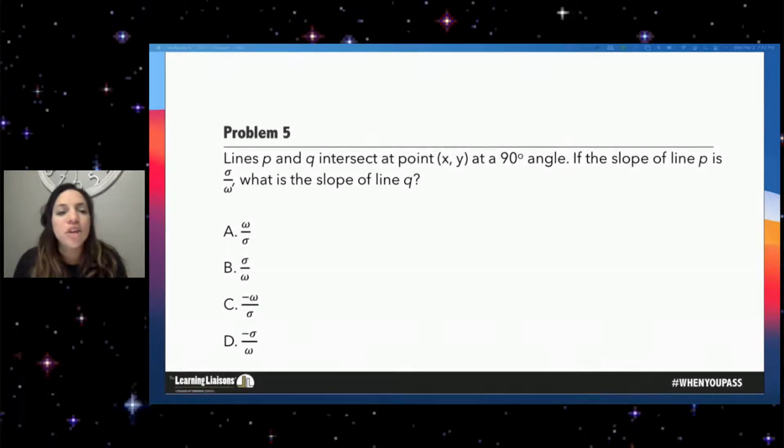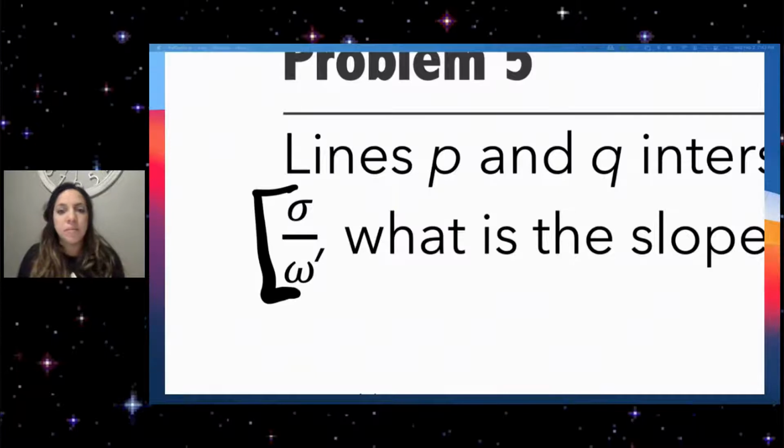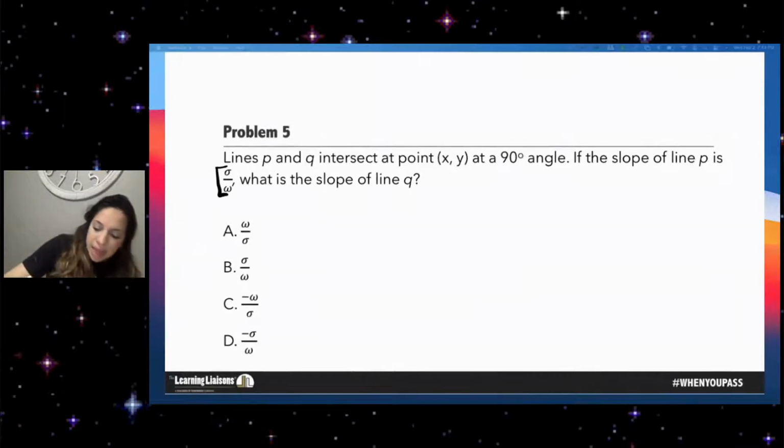Lines P and Q. This is a fun one. I'm excited. Lines P and Q intersect at point X, Y at a 90-degree angle. If the slope of line P is this, what is the slope of line Q? This is one of those problems where people have the foundational knowledge to solve it, but they automatically give up because they don't recognize those symbols. Do not do that. All this is saying is that we have a graph